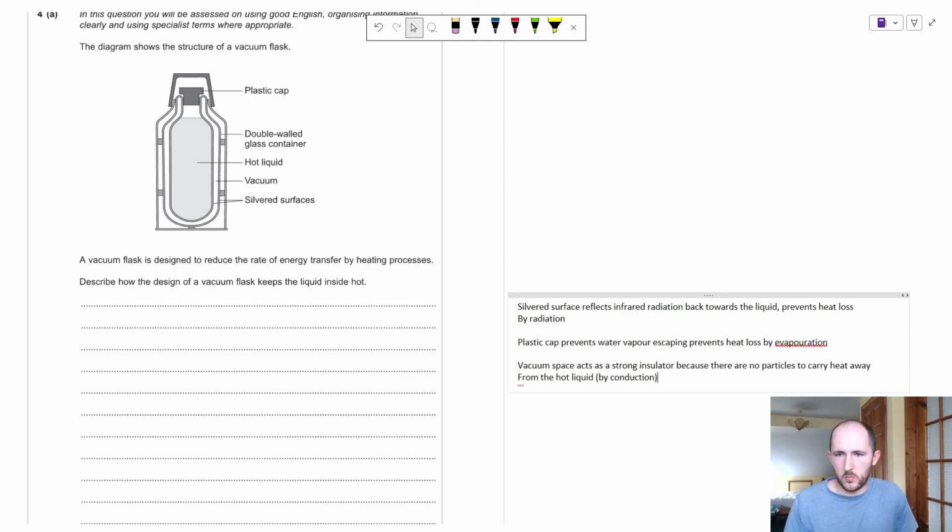Okay, double-walled glass container. Again, this is actually how your windows are structured as well. So let's think about what else we can write. I may have gotten 4 or 5 marks already because I've said what the heat loss is from, like conduction, radiation, evaporation, so maybe that's 6 marks. But the double-walled glass container, we have to talk about that. So again, for tips with this, even though most of you probably aren't doing GCSEs anymore, look at the diagram and explain everything. So the double-walled glass container